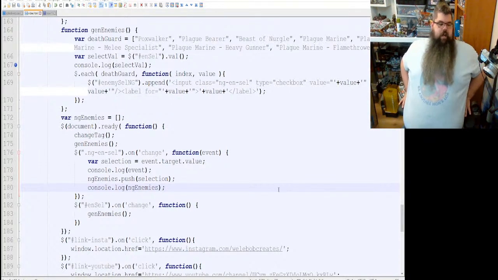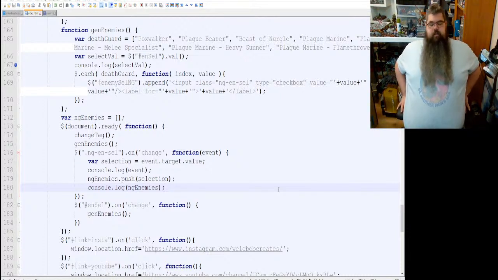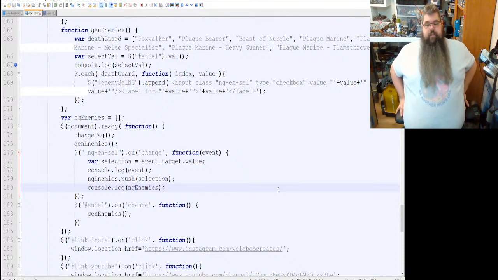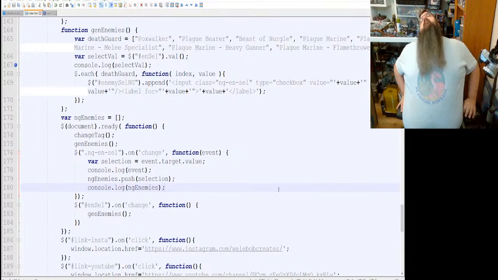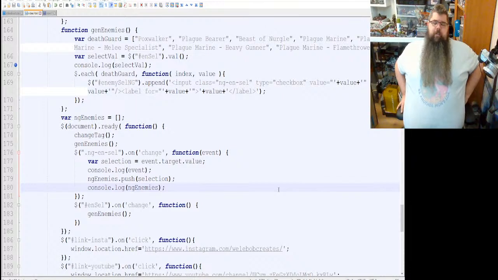Tomorrow I'll be playing Stargrave. I'll be taking out my first mate and the rest of the crew, so I got to finish getting their stats together. We'll be using our random encounter table here, giving it a test, see how it works. They'll be fighting some Death Guard and probably Plague Bearers or something like that. Maybe something crazy like a Beast of Nurgle. But they'll be fighting just some sort of generic enemies so I can get the hang of the rules again. And yeah, it should be good.